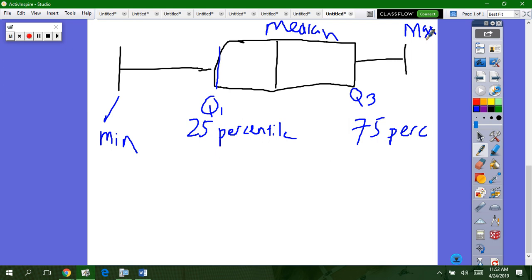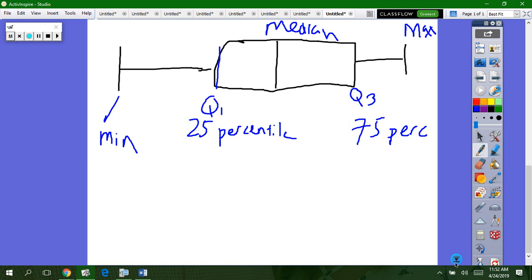Okay, so, by the way, what's another name for the median? The 50th percentile, right? And that should make sense. It's the halfway point, so 50th percent. 50% above, 50% below, right? Okay. Anyway, we are going to talk about percentiles in a little bit, but let's go ahead and actually draw